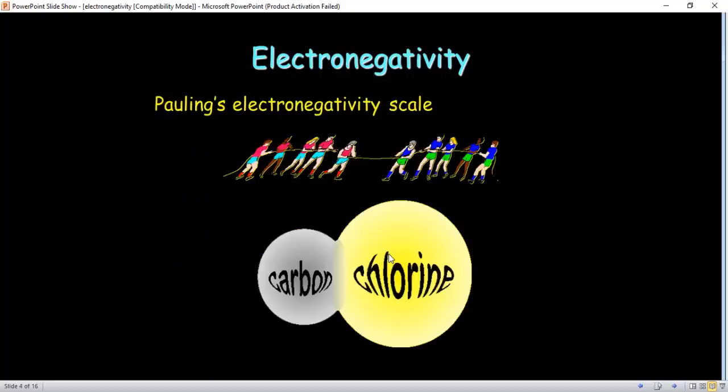Let's see it by this rope pulling example. Whoever is strong pulls the rope towards himself, whichever the group, if two persons are playing the rope pulling game. Same is the case with atoms. If two atoms are attached via a sigma bond or pi bond, the electrons will never be exactly in between the two atoms. One atom will pull electrons towards itself, and that atom will have higher electronegativity.